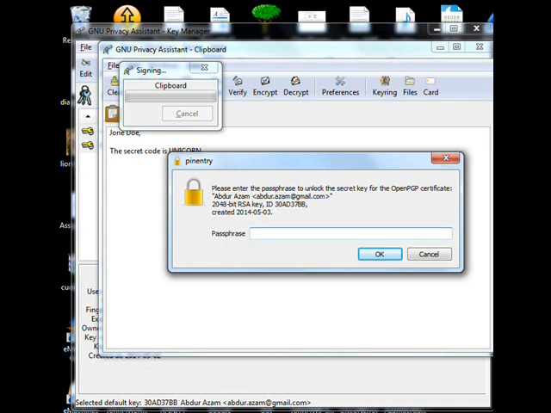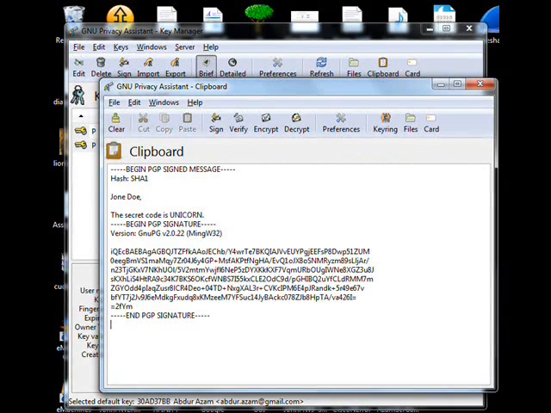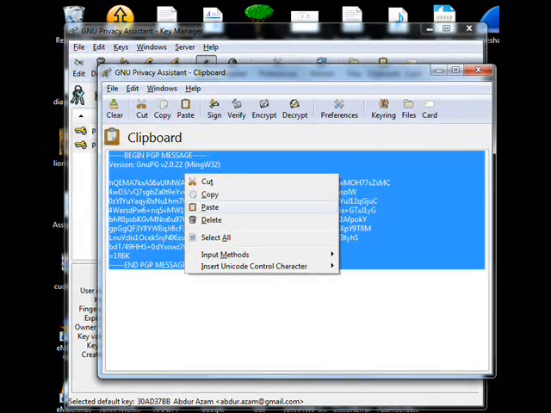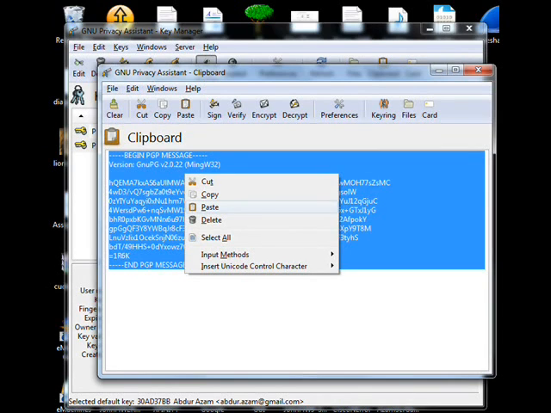It will then prompt you to enter your password there. Let's go ahead and do that. And once you sign it, you will see the message has become encrypted. Next, you want to go back up to the bar there and click verify. You'll see a pop-up come up, and just click close. Now you can copy this message and put it into the email, but before you send it,